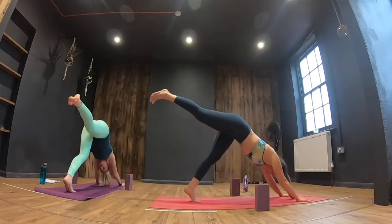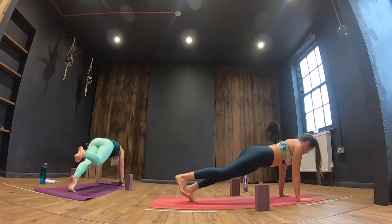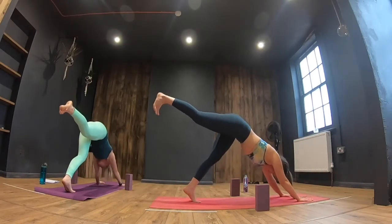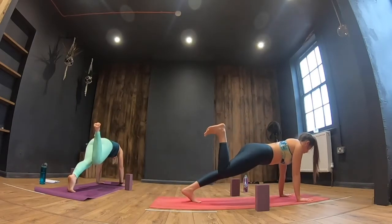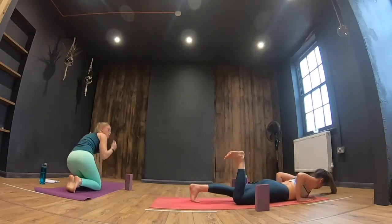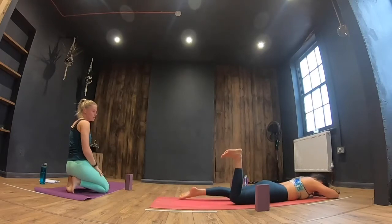Inhale, come forward for one-legged plank. Exhale, back for downward dog, last time. Inhale, come back for plank. Bend the right knee. Lower all the way down, if you can, lower the knees if you have to. You can pop the hands under the forehead and rest up there, and we're going to switch and pulse